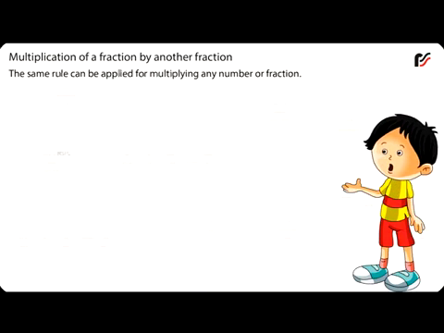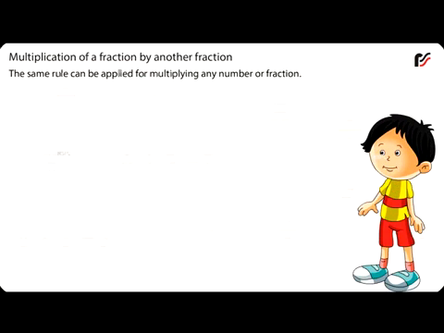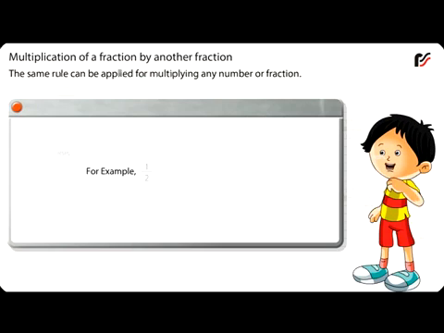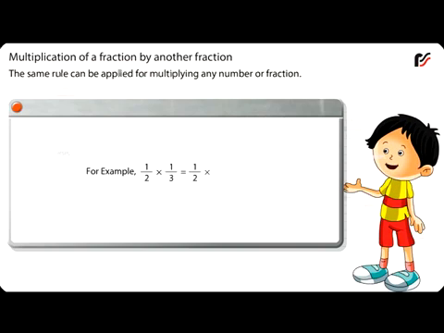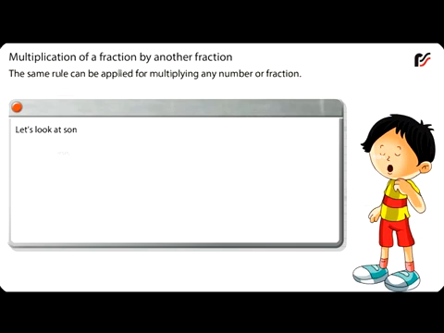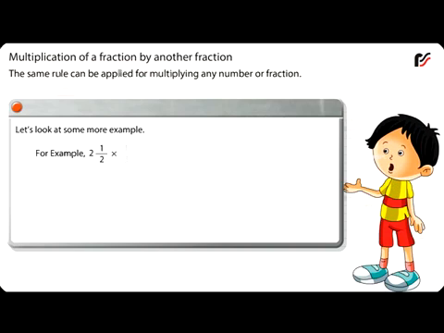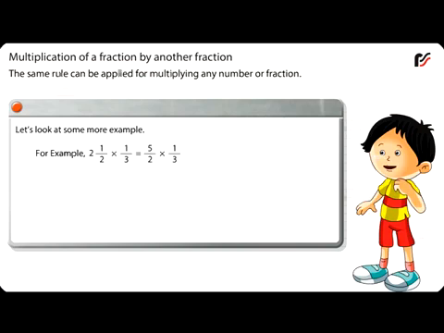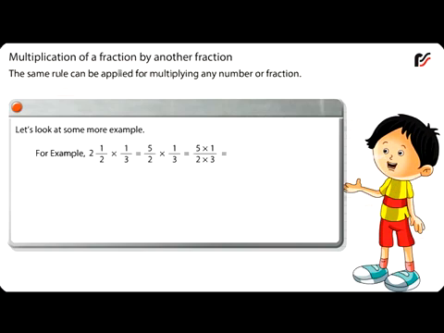The same rule can be applied for multiplying any number or fraction. For example, 1 by 2 multiplied by 1 by 3 is equal to 1 by 2 multiplied by 1 by 3 is equal to 1 by 6. Let's look at some more examples. For example, 2 1 by 2 multiplied by 1 by 3 is equal to 5 by 2 multiplied by 1 by 3 is equal to 5 multiplied by 1 whole divided by 2 multiplied by 3 is equal to 5